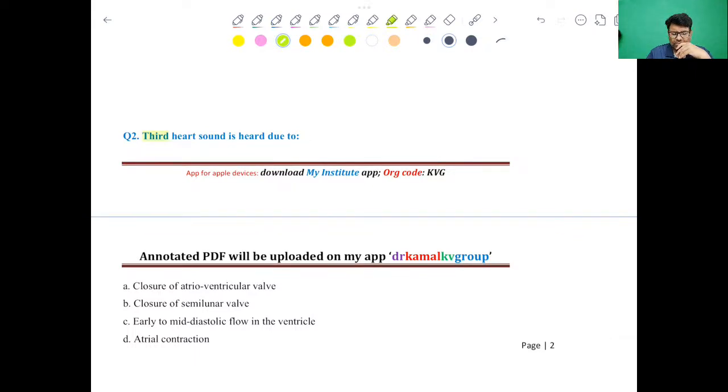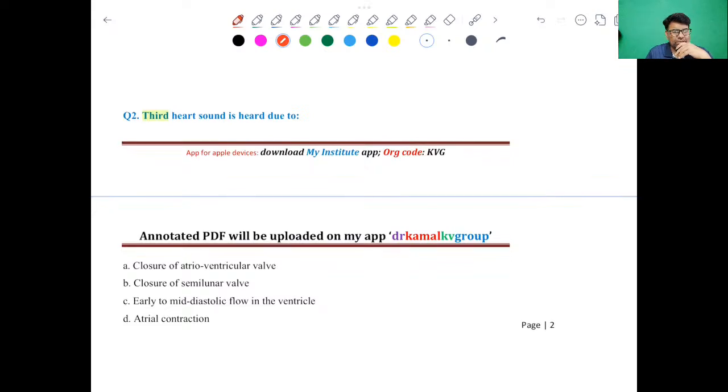Now this is a pretty simple question. Third heart sound. Which mechanism is responsible for production of the third heart sound? Now if we go with the options, AV valve closure will produce first heart sound. Clear? So closure of AV valve, that is mitral and tricuspid, that will produce first heart sound. Closure of semilunar valve, yes, Zaim, absolutely right. So closure of semilunar valve, this will